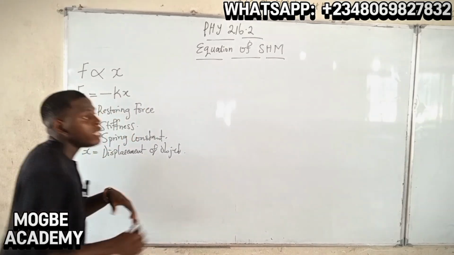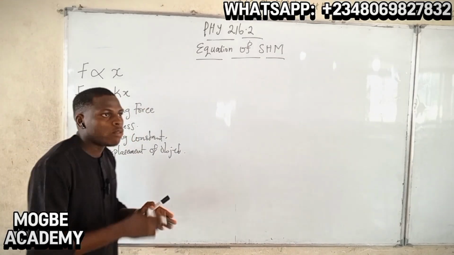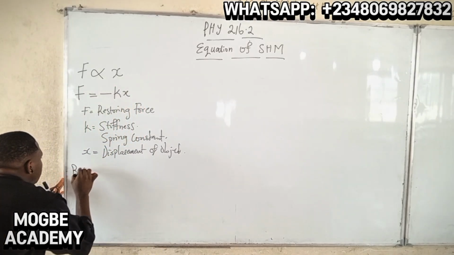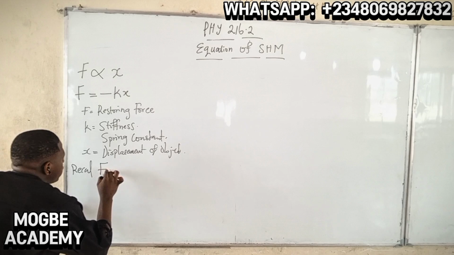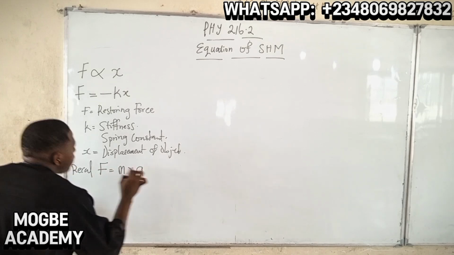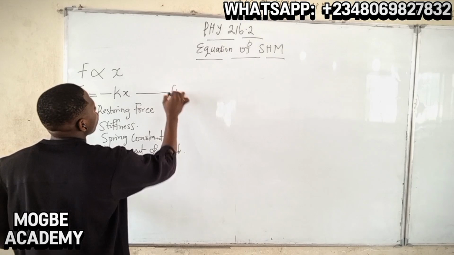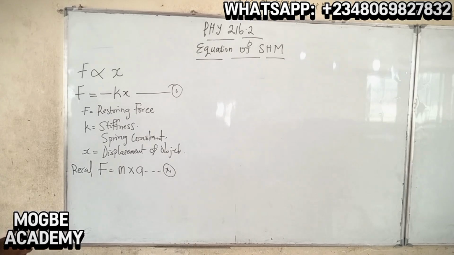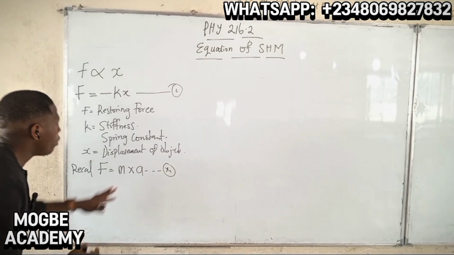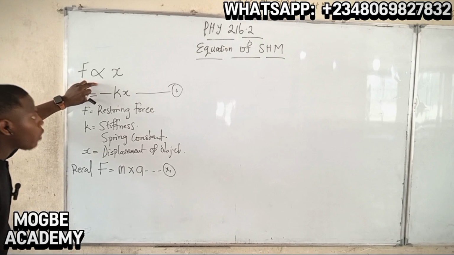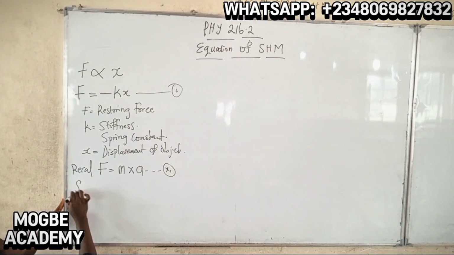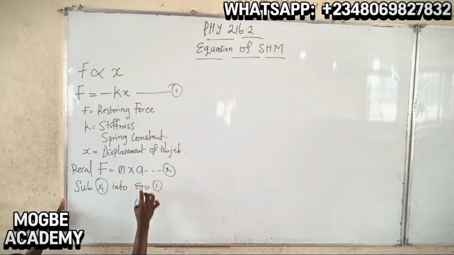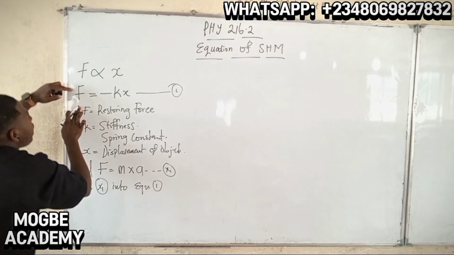So basically, from our elementary physics, we know that force is basically the product of mass and acceleration. Recall, we said force is equal to mass times acceleration. We can call the first equation 1 and call this equation asterisk X1. If we substitute X1 into equation 1, in place of F, we have